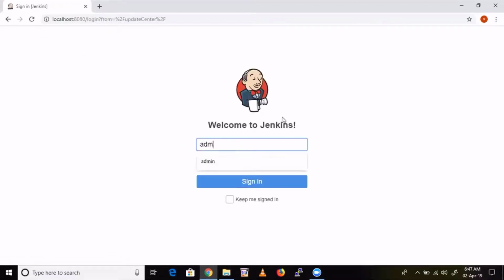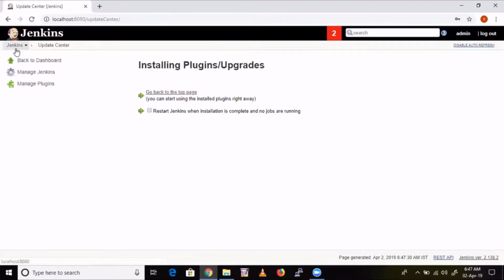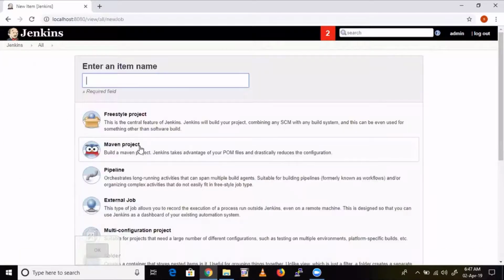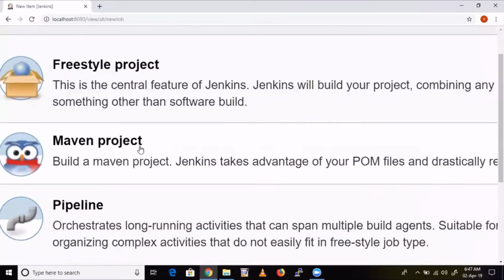Okay, so let's log in. Go to the dashboard. See here, if you want to create a new item, click New Item. Now you can see one option called Maven project.